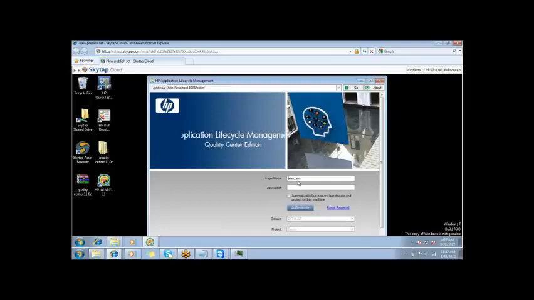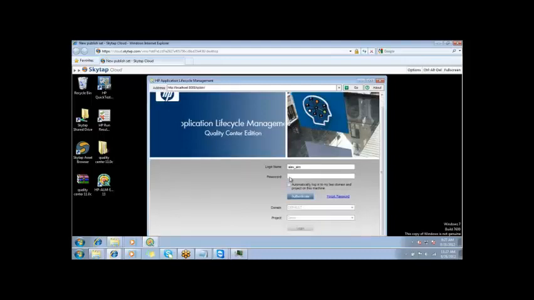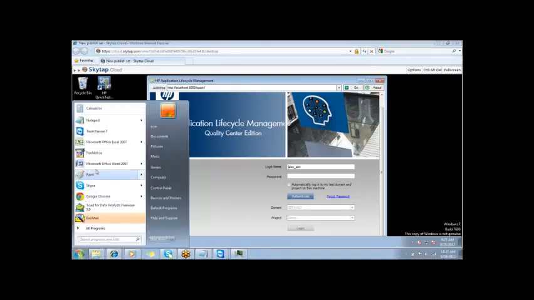Okay, so do you see here we have the login, which is Alex_ALM. The login screen has opened, and the login name should always be Alex_ALM if you are using the Quality Center 11 version. If you are using Quality Center 9 version, it should be Alex_QC. So don't forget this.